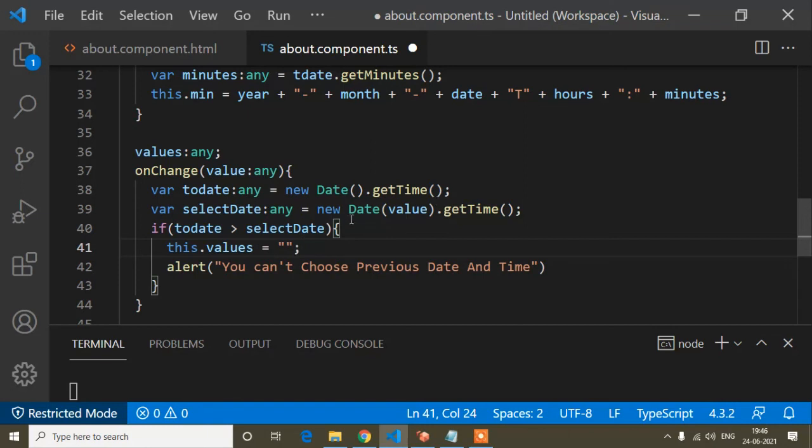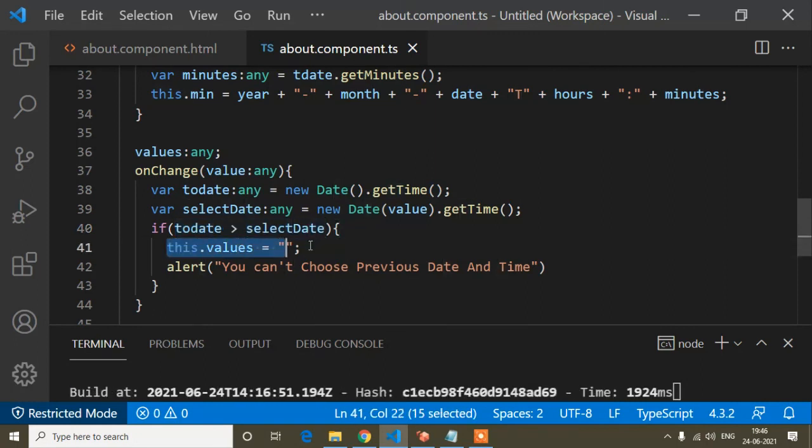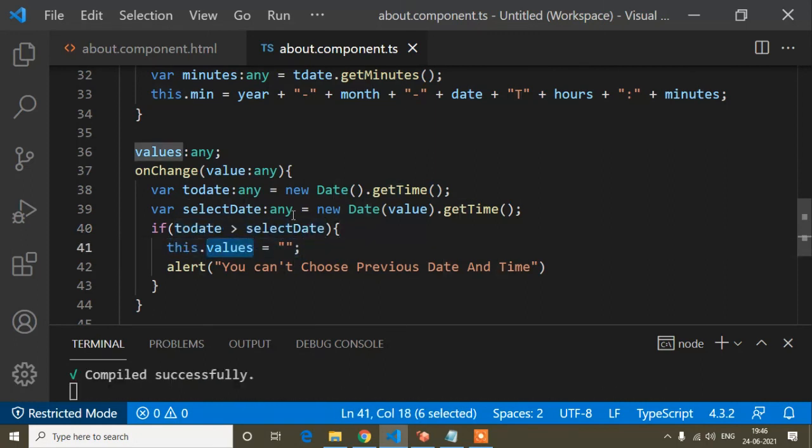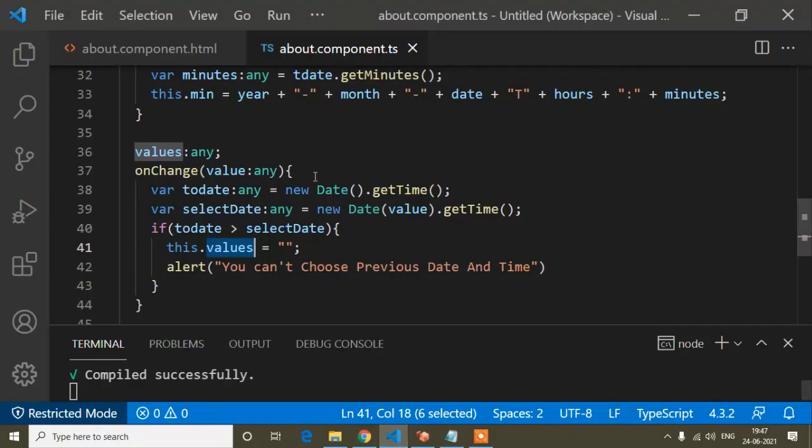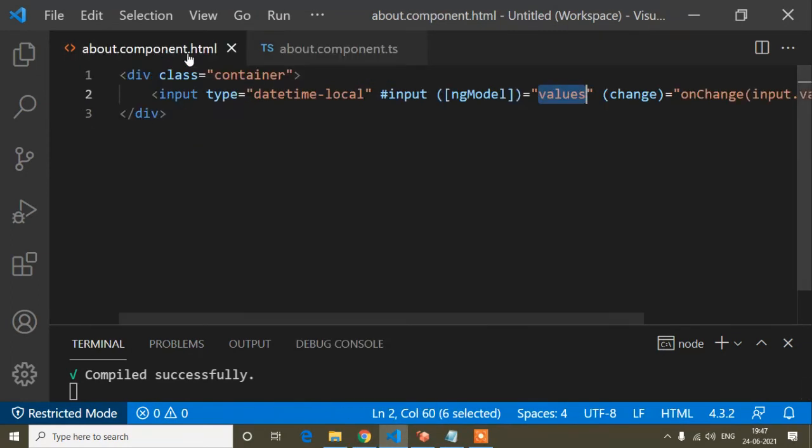I mean, when today's date is greater, the field will be reset. So how can I reset the field? Just using this ngModel. Okay, so now if I choose the future date, you can see I can choose, but if I select the past date, it first shows the alert message, but the value is not being removed because here I have written the wrong syntax.